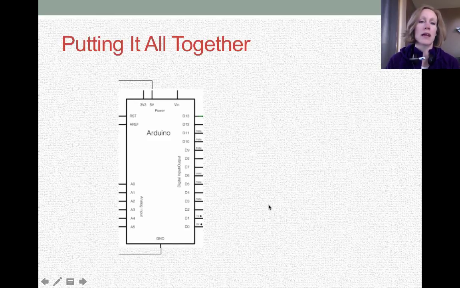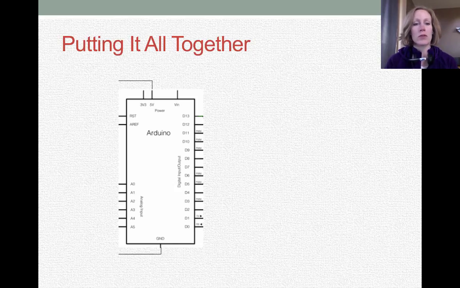So let's put it all together and take a look at what the overall schematic should look like for this color wheel project, or persistence of vision POV project. Here I have drawn my simplified Arduino, showing all of my digital input-output pins and my analog input pins, ground and 5-volt supply pins. And so we're going to show how all of that needs to be connected together